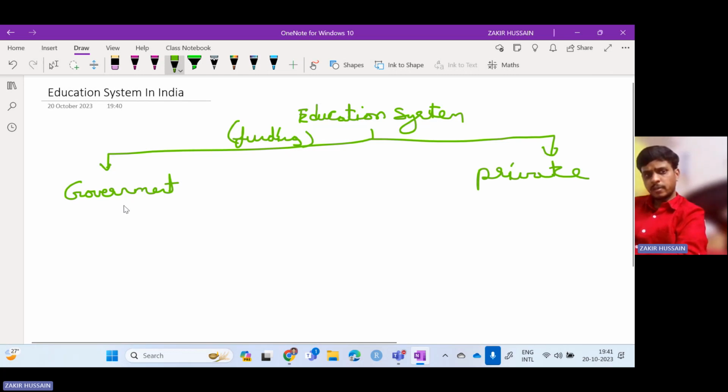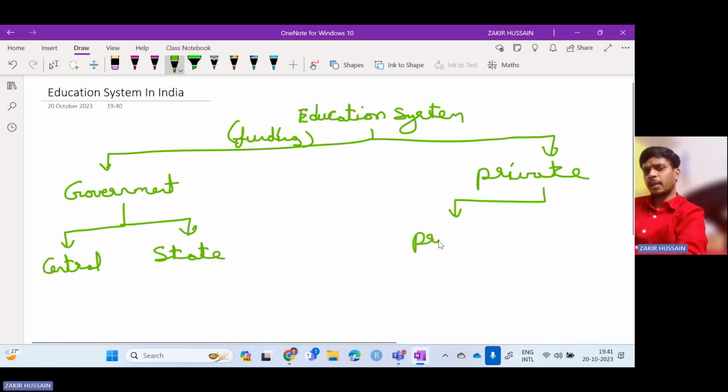Among the government funded, we have central universities, or central government funded universities, then the state government funded universities. And among the private itself, we have two categories: completely private universities, which have been enacted by state legislation or state acts, and next, deemed to be universities,